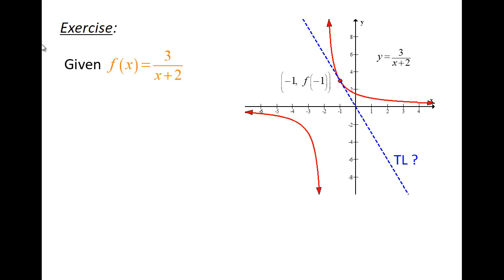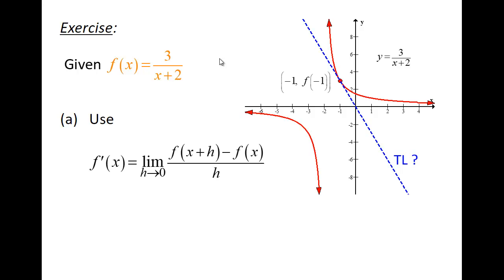All right, so let's let f of x be 3 over x plus 2, and the graph of f is given in red here. Let's say we want to find the derivative of this function at x. And what we're going to show in the next slide is that the derivative of this function is given by